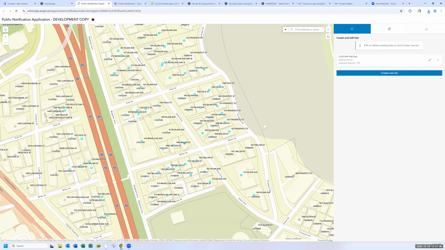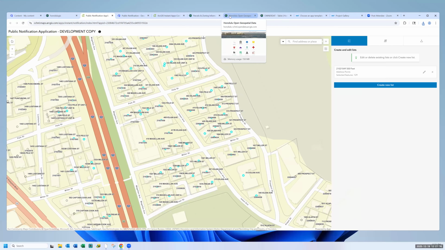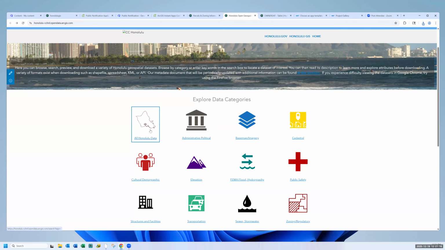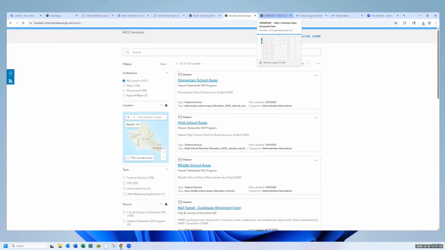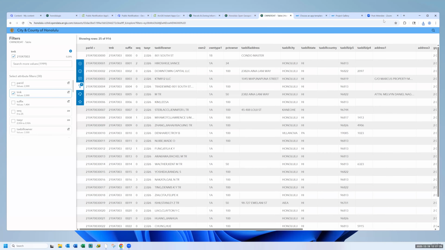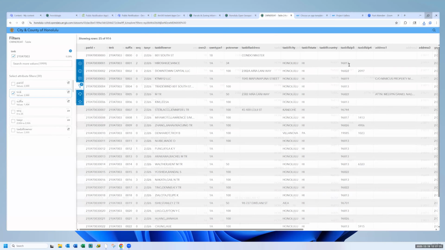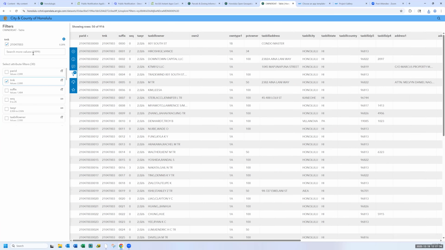In that case, you might use this application to generate a list of tax map keys. Then if I go to our open data website, you can search all of our data. We have property ownership tables given to us by RPA, Real Property Assessment, that they've allowed us to put up on our website. Right now I've filtered on a specific TMK and it's giving you all the property owners on there.